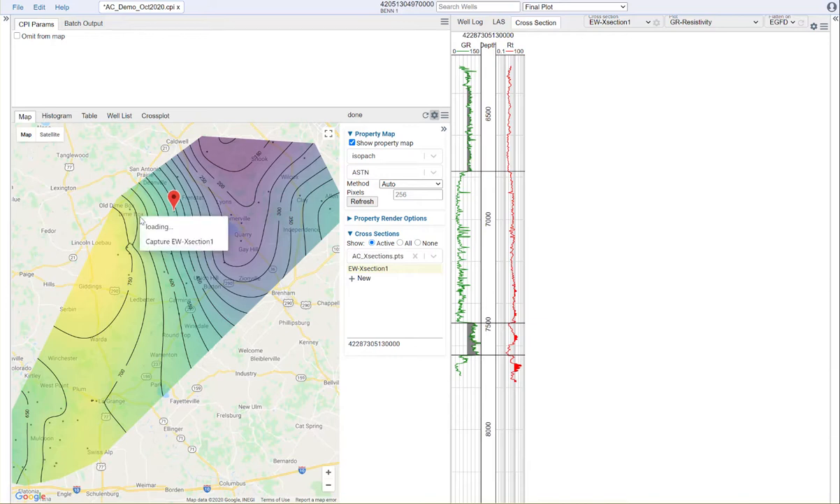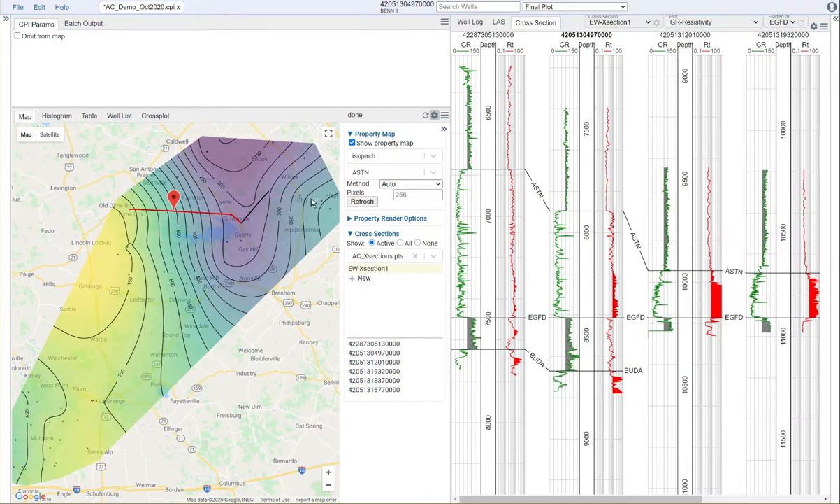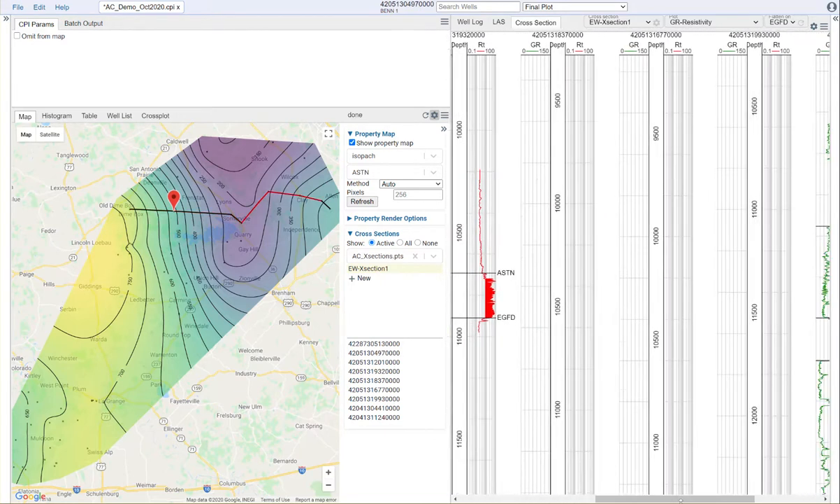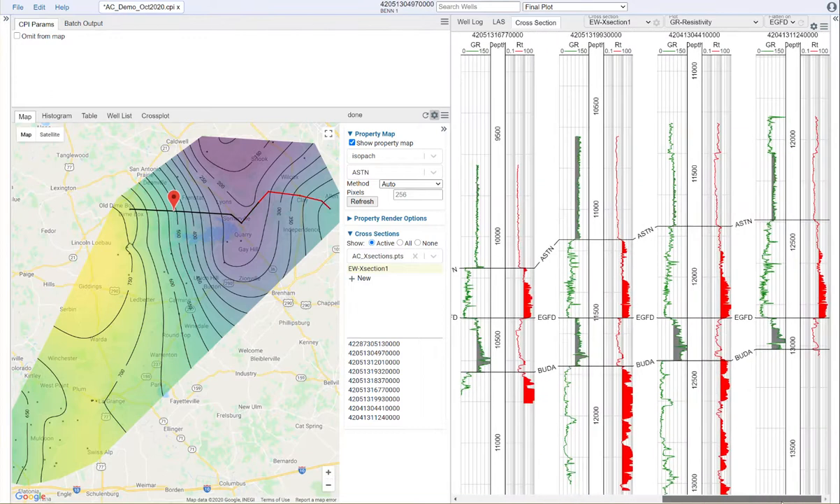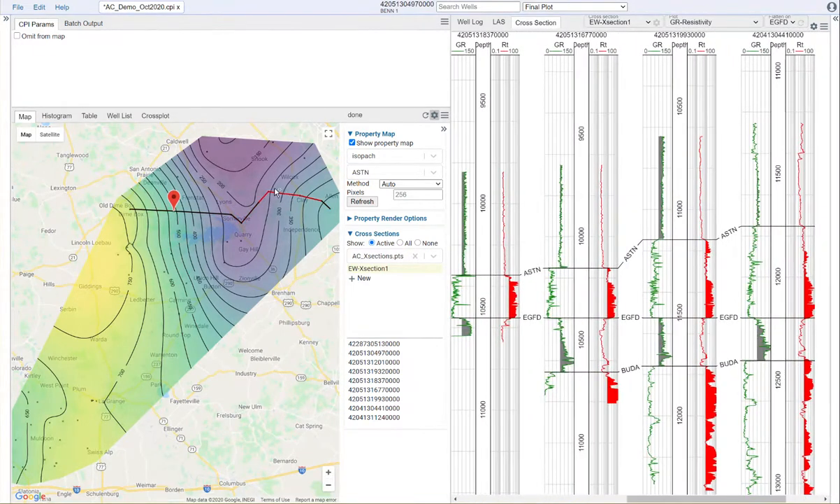I can also right click on the map and I can say capture to East-West cross-section 1. And now what I can do is I can just click well to well, and you'll see that as I do this, the cross-section line draws on the map, and all the wells are added to the map as we go along. So we've got our cross-section here, and once again, the red portion of this cross-section